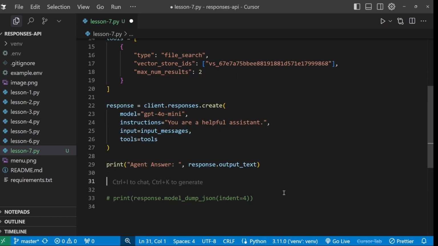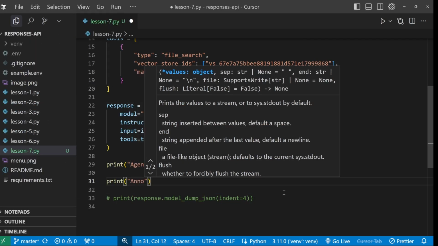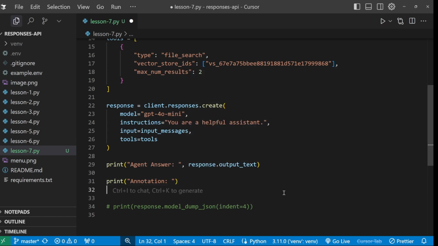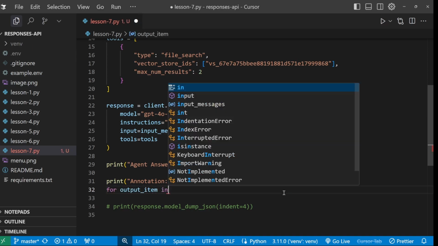And secondly, we want to print these annotations. So let's print, I'm just going to say annotations, and below this we can now output all of these annotations. So this could simply look something like this. For output item in